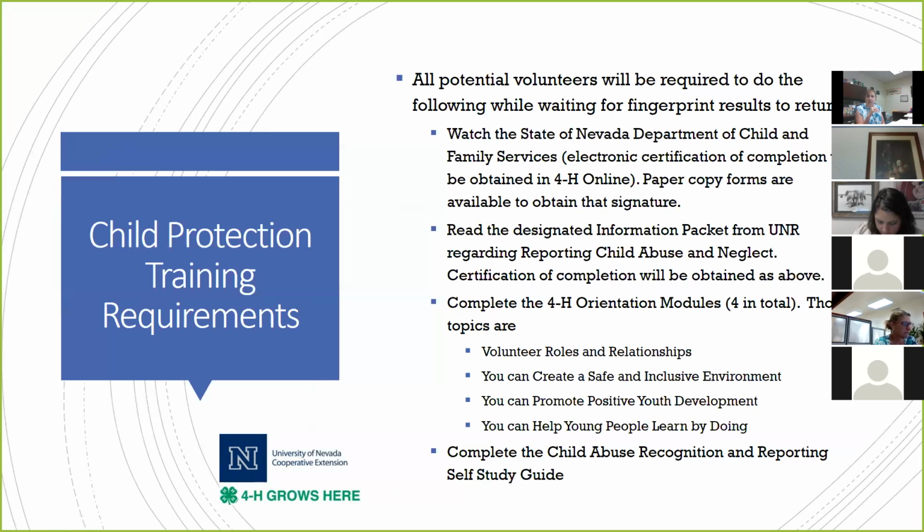I'm going to put it under the policies and forms section of the 4-H website, so the volunteer can just click on it and watch it. It's also going to go into the employee resources page, just so everybody's aware of where that is. I will send it out in an email too. But everybody will have that version. Starting in October, we will be doing